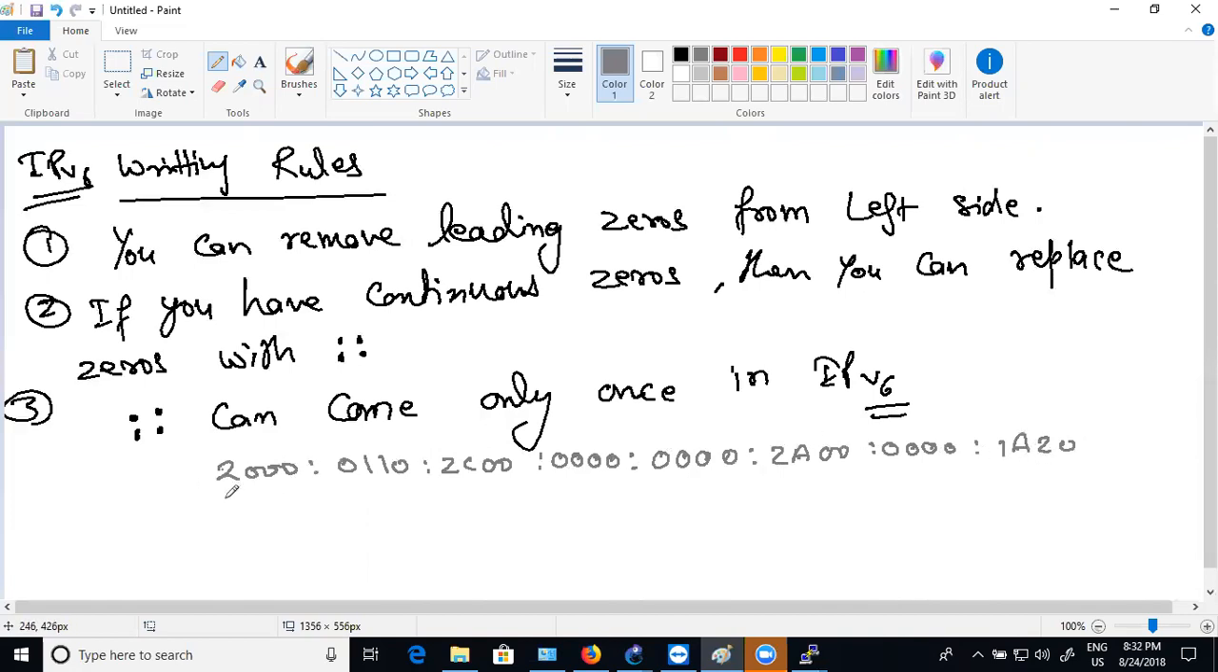This is the IPv6 address: 8 blocks, 128 bit. Now, see carefully. If I apply these three rules to this IPv6 address, this will be 2000. I can remove this leading zero, so it will become like this. Either I can replace these zeros or these zeros. If I replace these with a double colon,